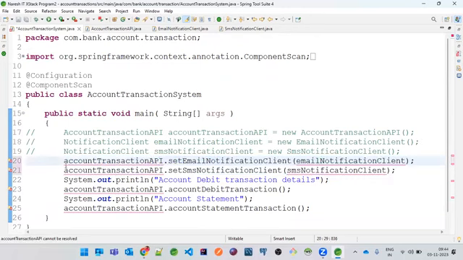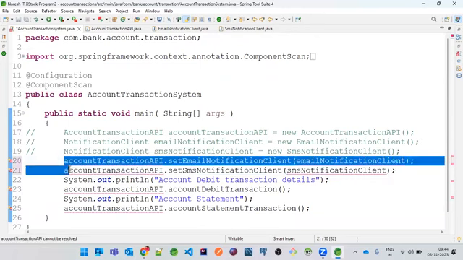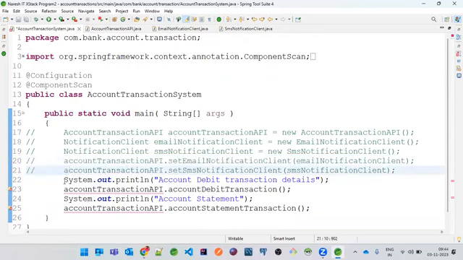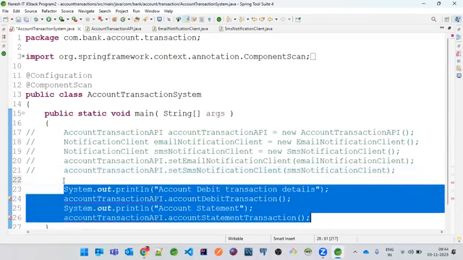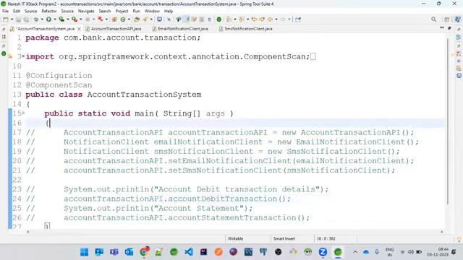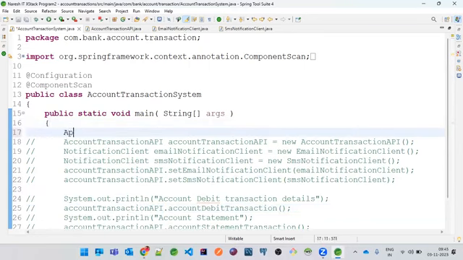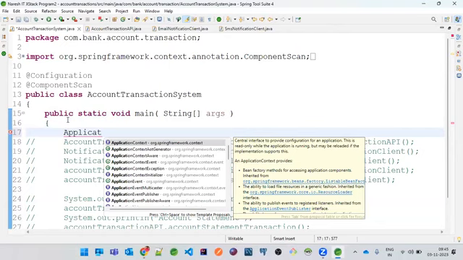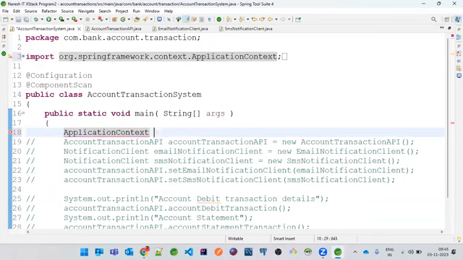But next, I just want to comment this out for now because we need an account transaction API object, right? But before that, there's something called an application context. If you see, this interface is basically from the Spring framework. This is one of the interfaces present in the Spring framework library. Okay. So I just want to use this application context